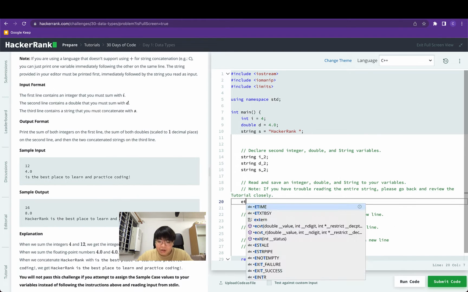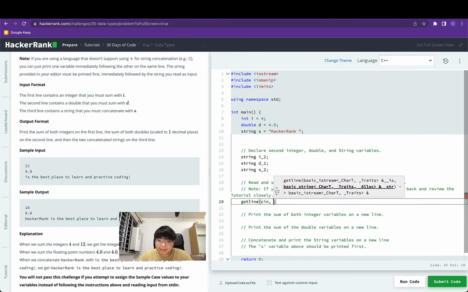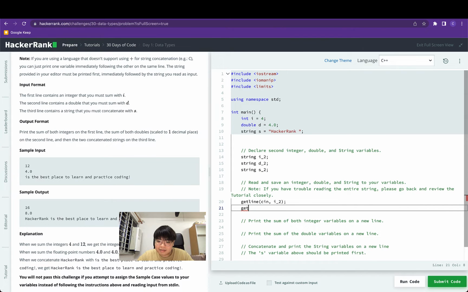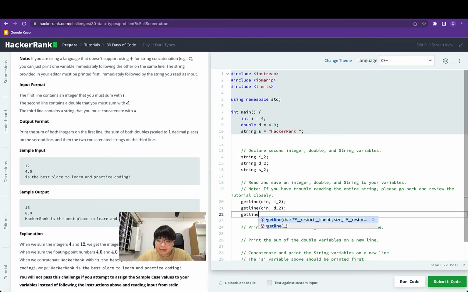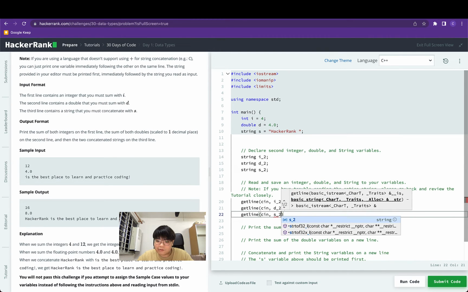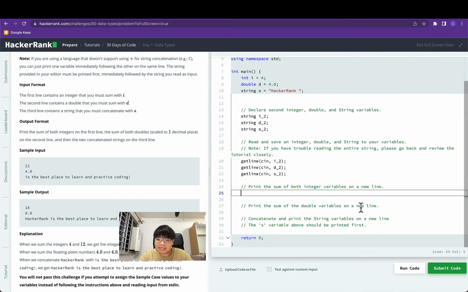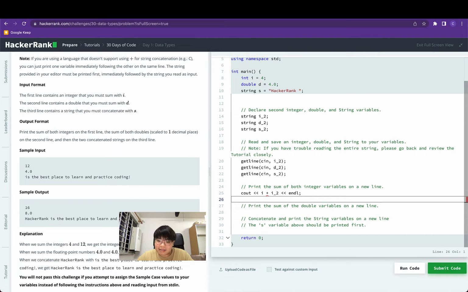So with that, we can really just direct the input from the cin stream object, which is currently reading the input, into I2 for the first line, D2 for the second line, and S2 for the third line. And once we're done, we can print out the sum of both integer variables on a new line. So if you do cout followed by I plus I2 followed by the end line character,